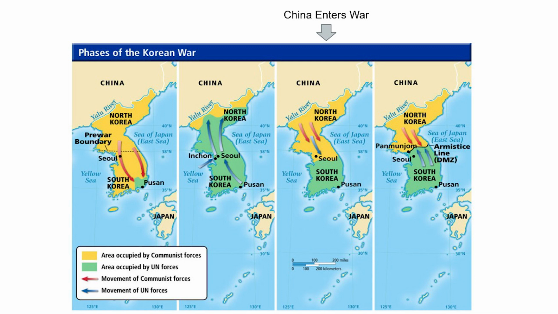So in the end, what ends up happening is our fourth panel here. Nothing, essentially, at least from the start of this war. We end up at the 38th parallel again, essentially, with communist North Korea at the top and non-communist South Korea at the bottom. And it's here that we call it off and sign an armistice, which I want to emphasize isn't a treaty. It's just saying that we're going to stop shooting at each other.